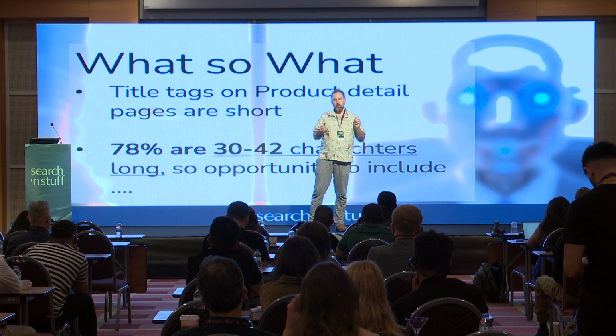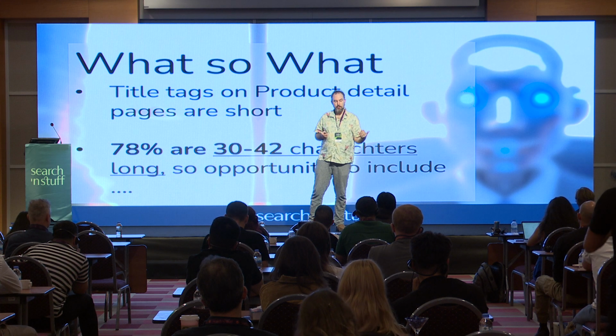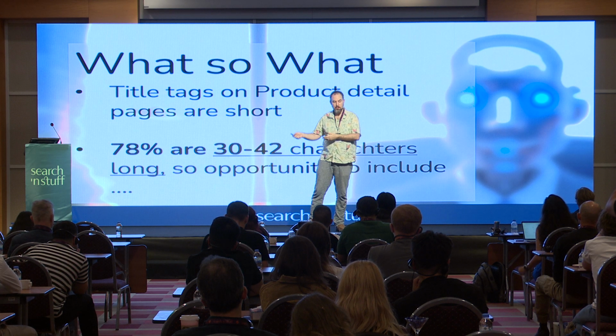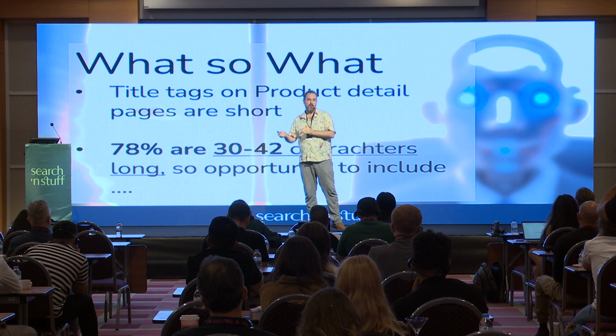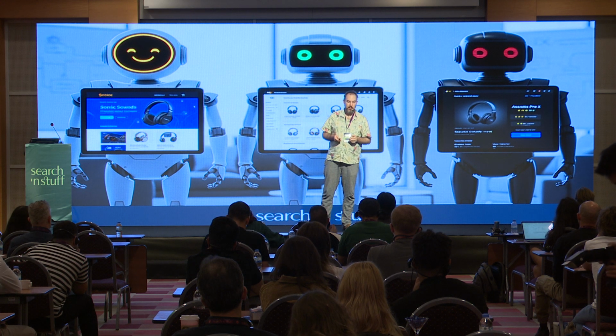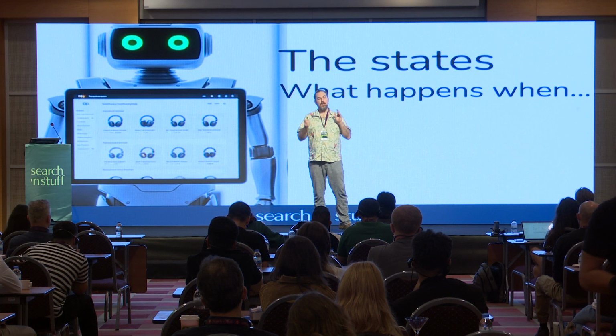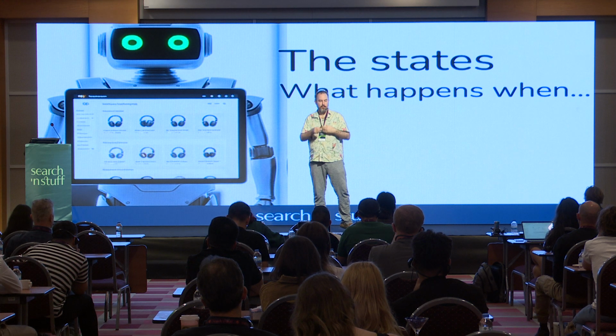So basically it's a what kind of thing. You find out what the opportunity is, and if 78% of them are too short, then you can add in some extra characters. But again, you've got the data to test it, the data to add in, the data to look at it, and you've got recommendations. So basically, focus on each of these templates and go down all the different states of them.